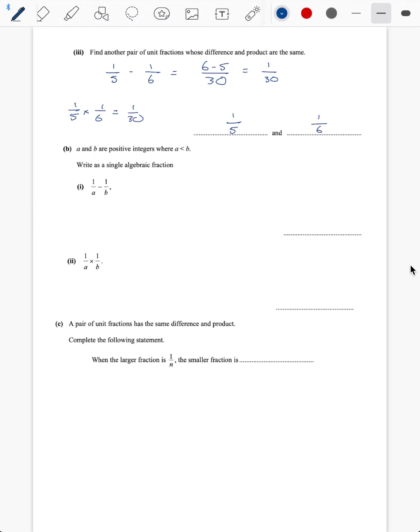Okay, A and B are positive integers where A is smaller than B. So we need to think about getting it the right way around. Right, as a single algebraic fraction, 1 over A minus 1 over B. So this is just now algebraically expressing exactly what we've been doing. So what have I been doing? Well, in this step here,